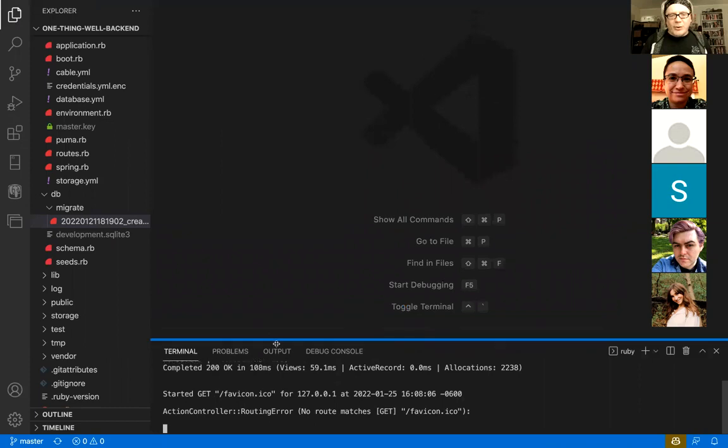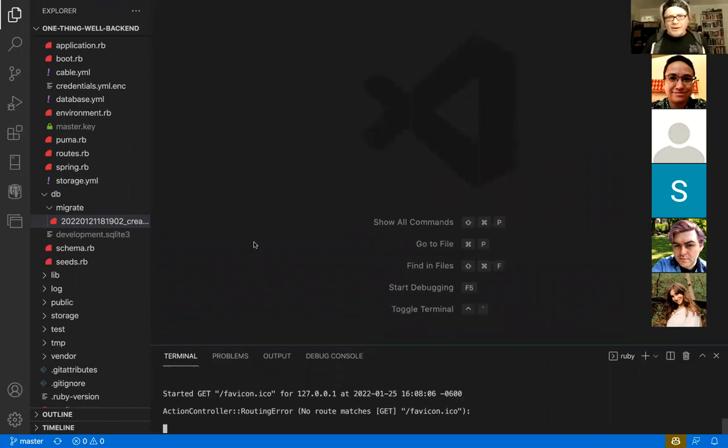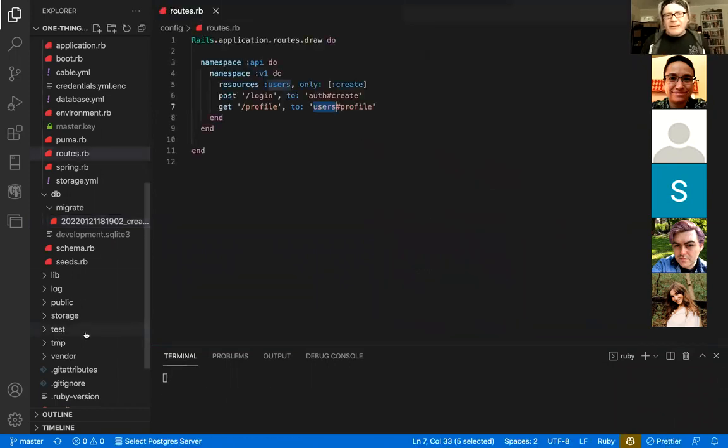Cool. So let's talk about what it's going to look like first on our front end. We have our routes here, right? And this is what our front end is going to be doing. This is what it's going to be hitting to interact with the application. So what are some things that we need? We need to be able to create a user. Cool. So we're going to need a form that lets you put in a username and password, and I think we take an email too,